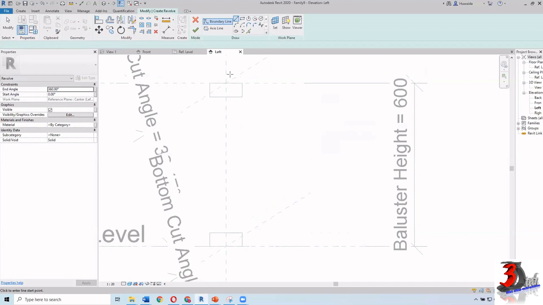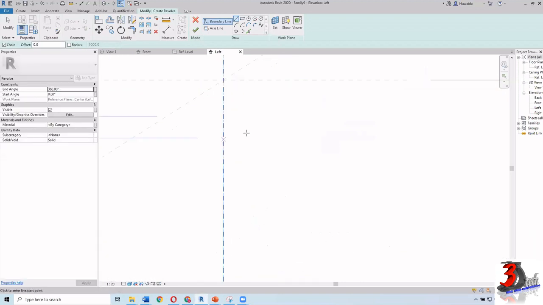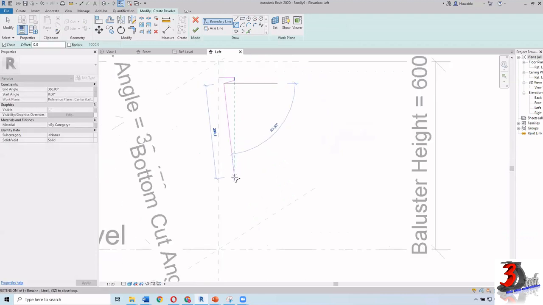So I'm kind of freestyling this part, so you don't have to follow my dimension. If you have any images, you can import the images and trace your baluster. I don't have any images, so I'm just going to freestyle this one.